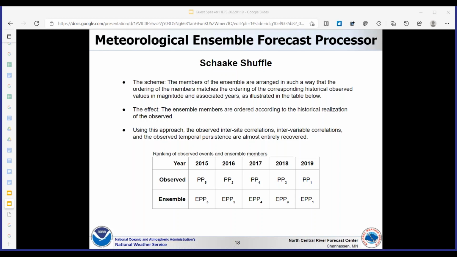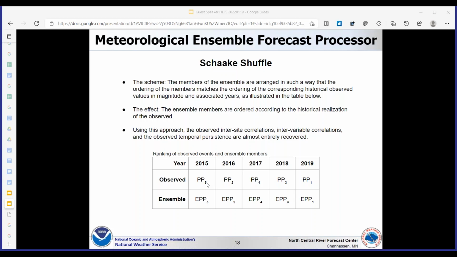So the highest precipitation on that date for the 5 years occurred in 2019. And that's denoted by this PP with a subscript of 1, 1 being the top rank. And the lowest occurred in 2015. This one is PP5. It has the lowest rank.